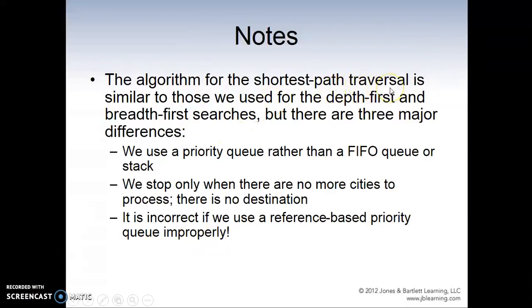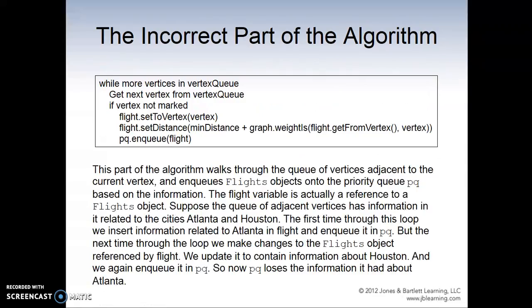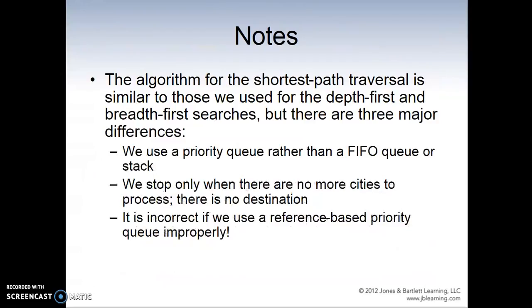For the shortest path traversal, it's very similar to depth first and breadth first searches, but they don't use a queue. A queue is first in, first out, right? They use a priority queue instead. I mean, a queue is first in, first out, yeah. And they don't use a stack. A stack is last in, first out. That's the depth first algorithm. And first in, first out is the breadth first algorithm. But we want the shortest path. That means we're going to use a priority queue. So this is where the priority queue is going to come in. We stop only when there are no more cities to process. It is incorrect if we use a reference-based priority queue improperly. So we can look at